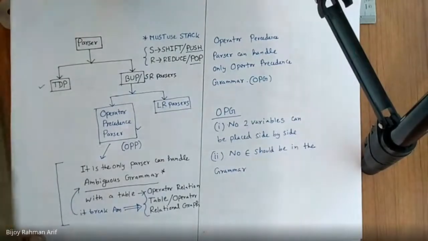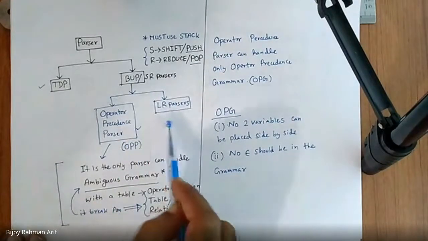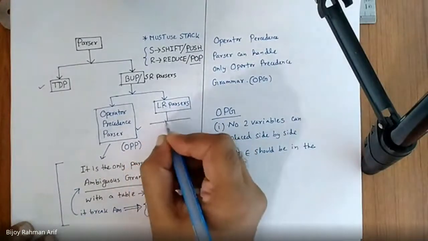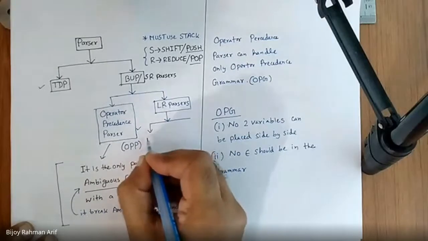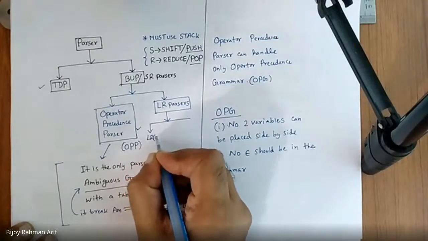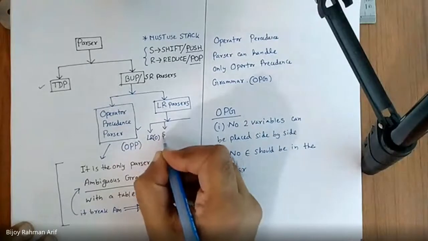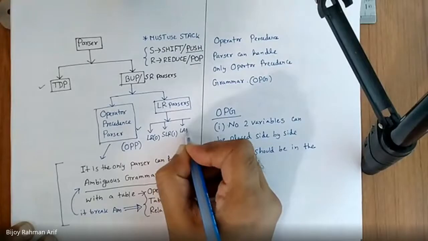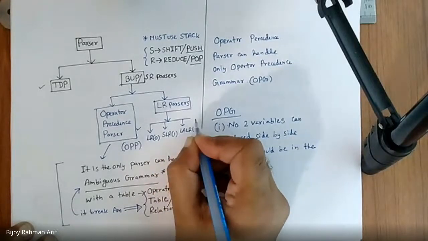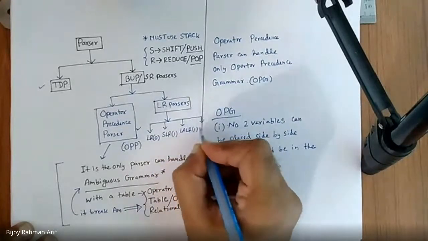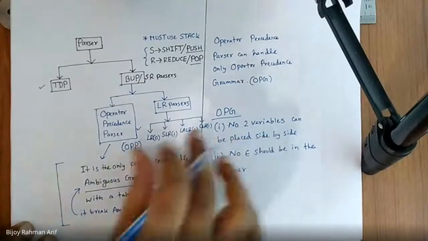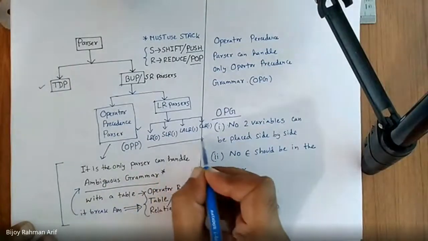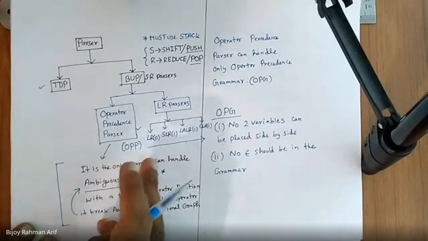Then we have come to another broad category of bottom-up parsers, which is LR parsers. LR parsers can be divided into four big categories. The first one is called LR0, the second one is called SLR1, the third one is called LALR1, and the last one is called CLR1. So far, this is the development of the compilers, and we know that the power increases this way. So SLR1 is more powerful than